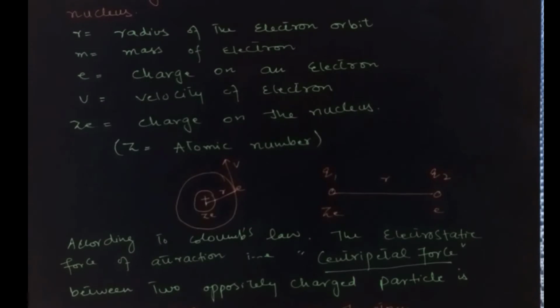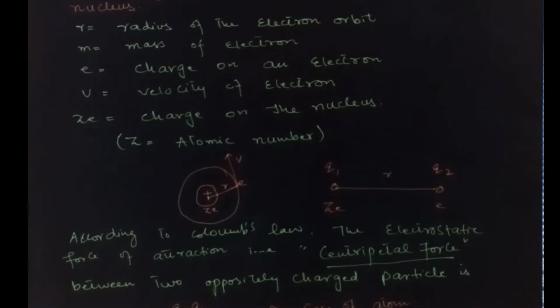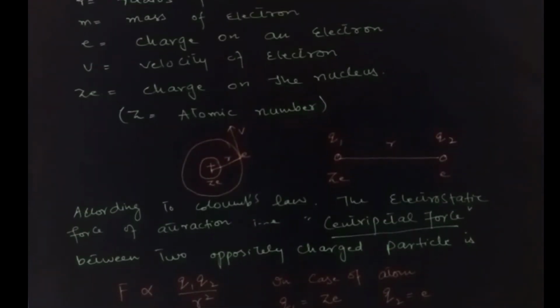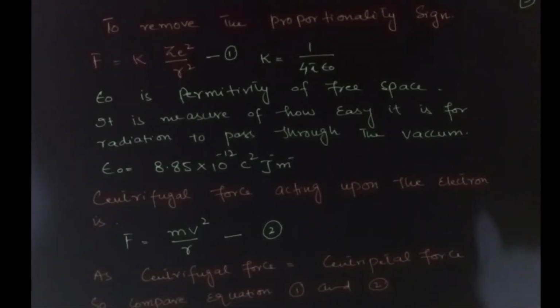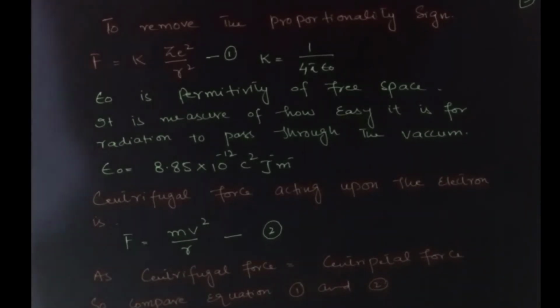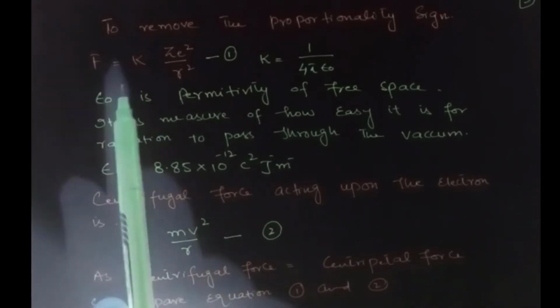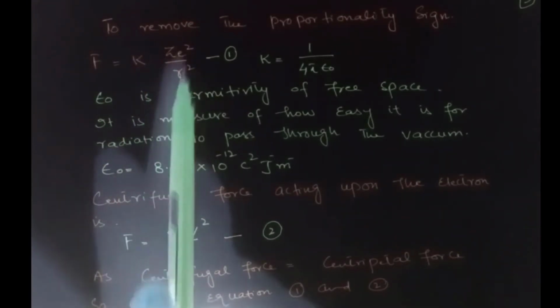Now in this case, Q1 is equal to Ze and Q2 is equal to e. So we replace Q1 and Q2 by Ze and e. So F is proportional to Ze multiplied by e, divided by r square. When we multiply e and e, it becomes Ze square divided by r square. Now in order to remove the proportionality sign, we write another constant, K. So F is equal to K multiplied by Ze square divided by r square,